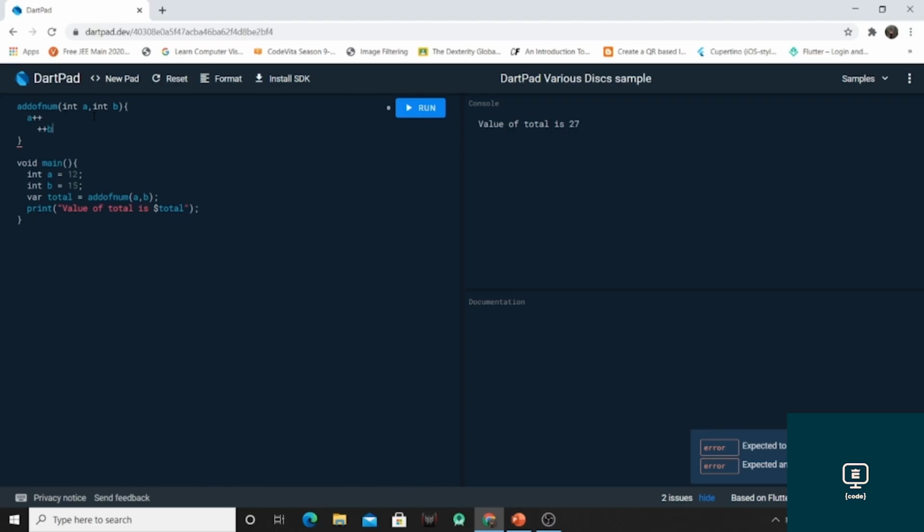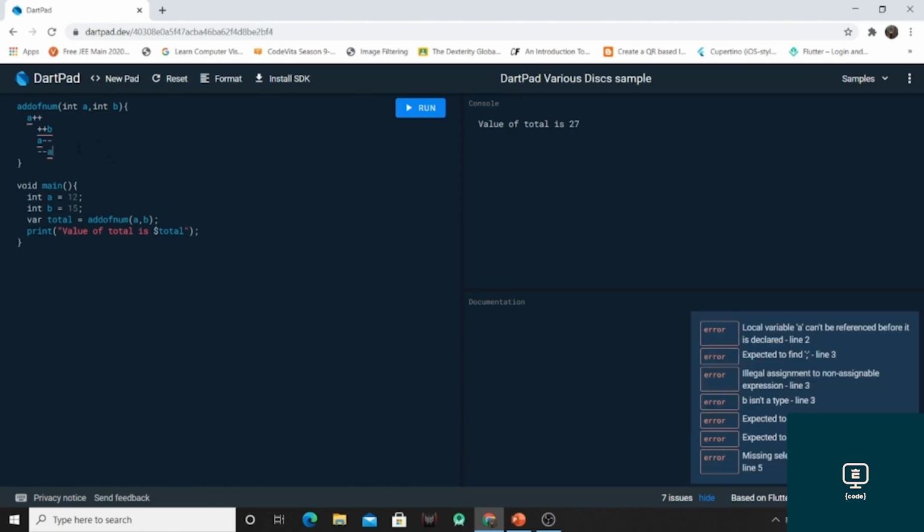plus plus of b, or a minus minus, or minus minus of a. So similarly we are performing the operations in other programming languages of increment, decrement, equality, arithmetic. We can do all those things in Dart also. Now the next part is